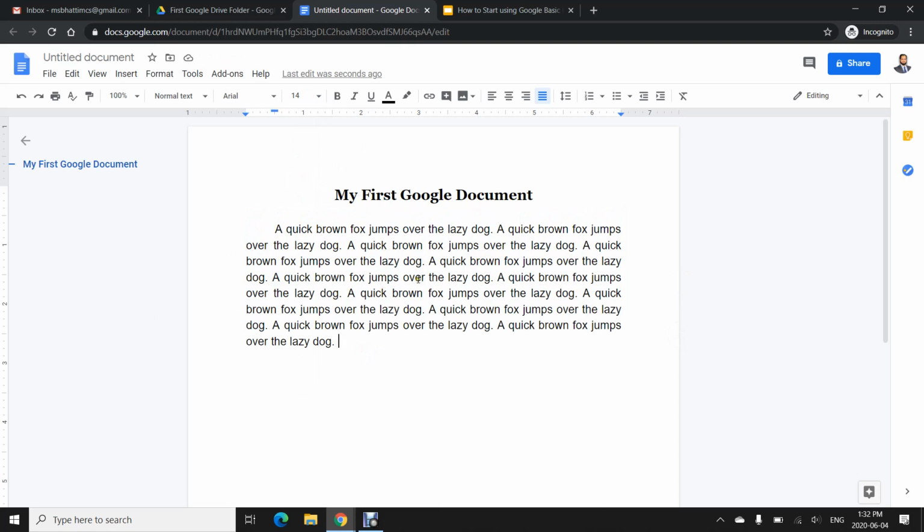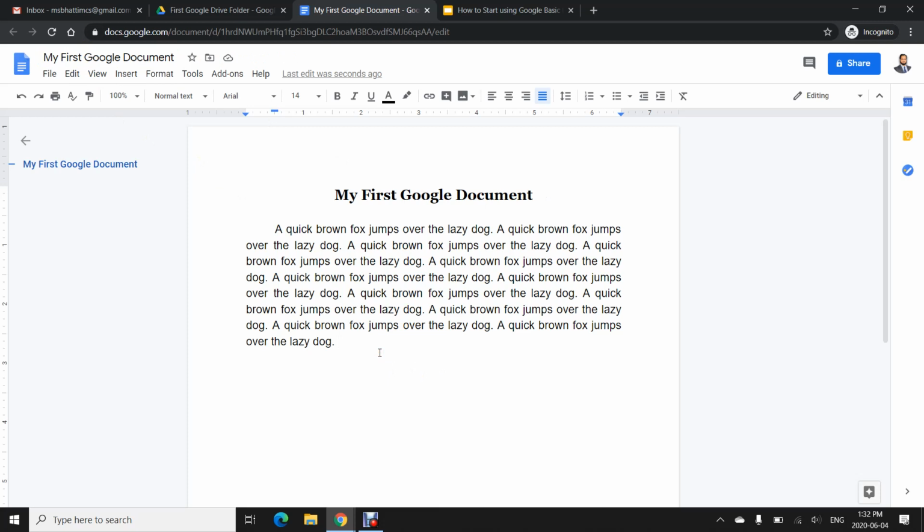Now I need to write the name of the file. So Google will automatically consider the first sentence as a file name. Click here. Okay, so I can change it as well. Just type, it will give you the name. Here you can change it anytime.